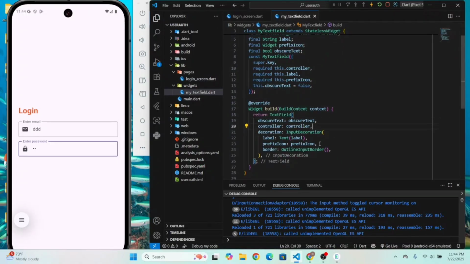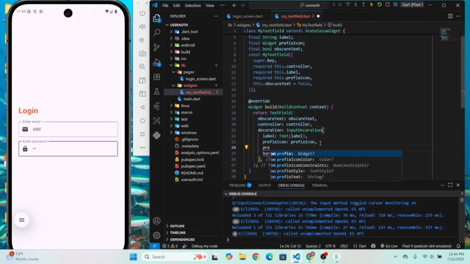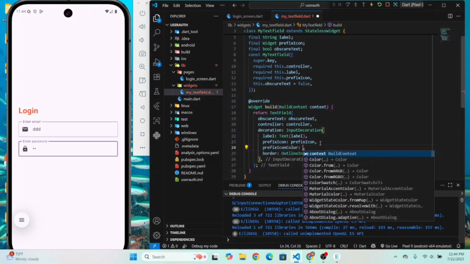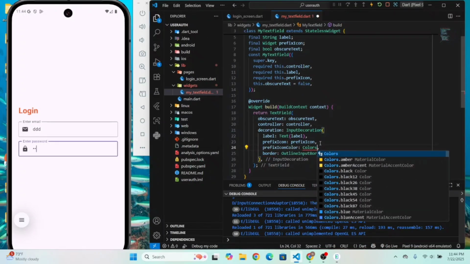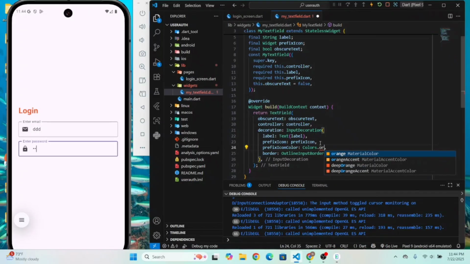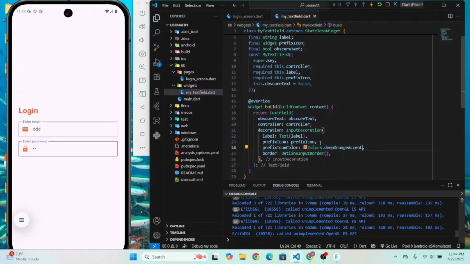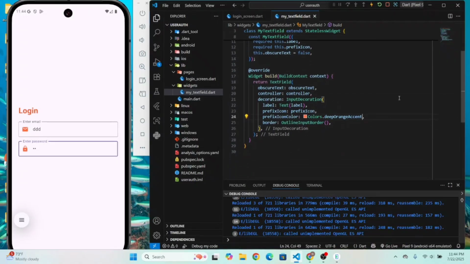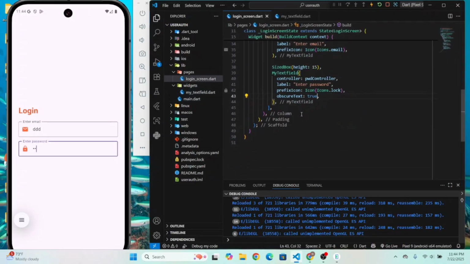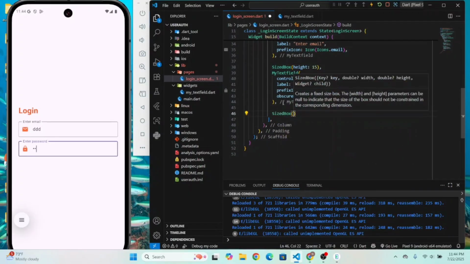Also put the prefix icon color. Let's have this prefix icon Colors.orange, for this. Okay, now come to the login screen and below this my text field, let's get the SizedBox and give the height of